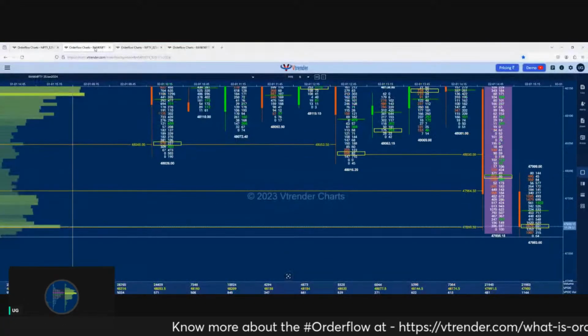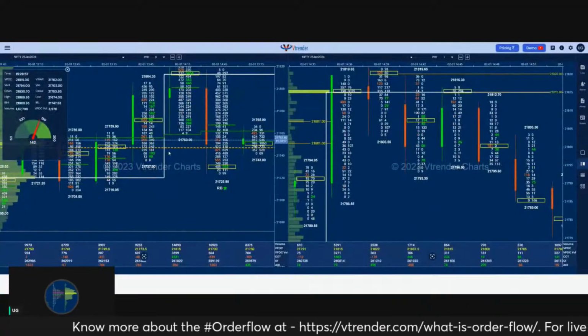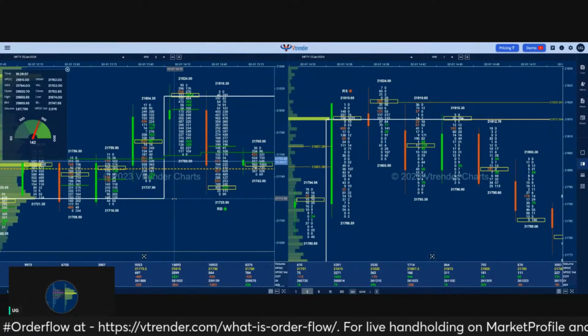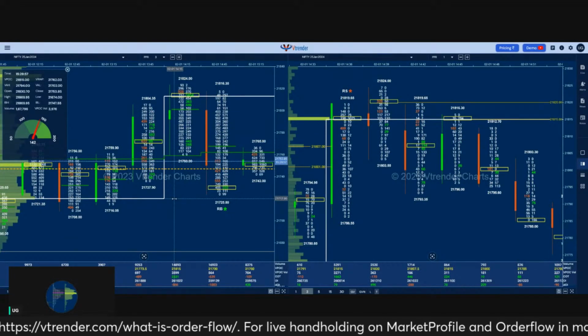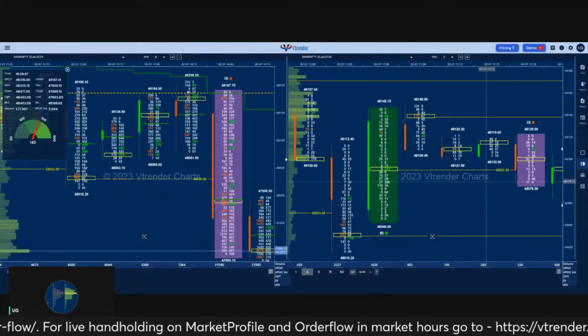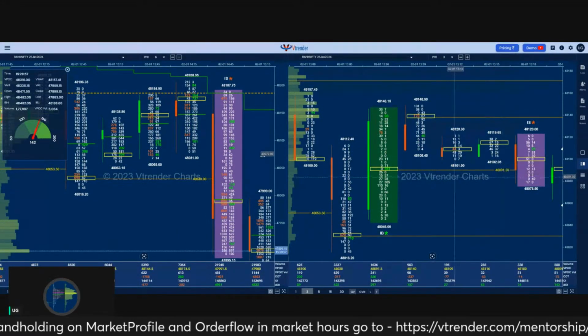So I'll quickly show the combination of 3 minutes and 30 minutes before I hand it back to Shai, because I think we are running out of time now. So I'll show the 30 minutes, the Bank Nifty chart, because that is more